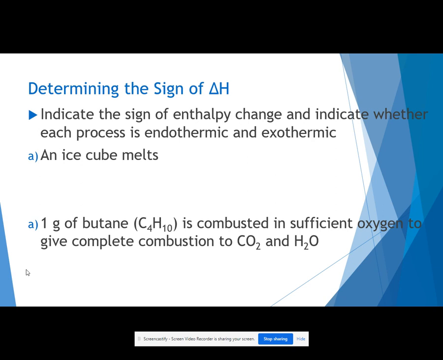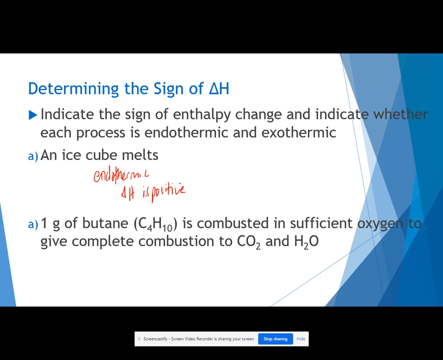So how do we determine the sign for H? To indicate the sign of enthalpy change and indicate whether each process is endothermic or exothermic. Here, an ice cube melts. So if it's melting, in order to melt, it has to absorb energy to get those molecules moving. So if you're absorbing energy, it's endothermic, which means my delta H is positive